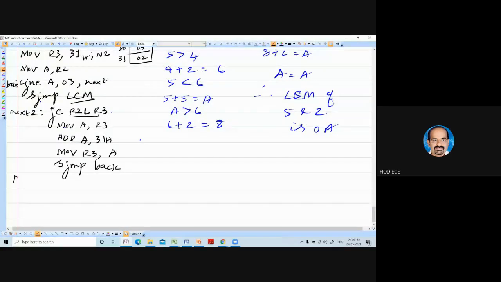So what is R2 less than R3? Here you are moving R2 to A. Add A with 30H. Move the result back to R2.